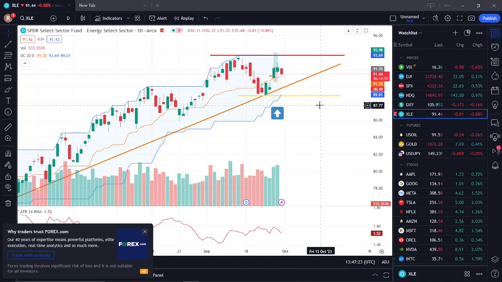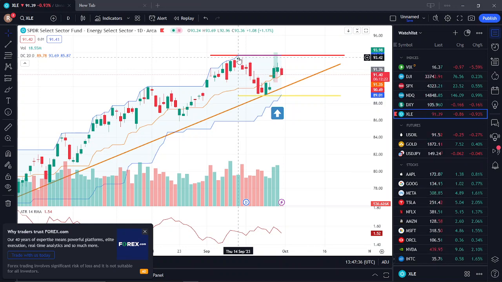You might enter again later, but you don't want to take all that pain when it breaks down on this level, the previous low. And if it breaks up on the previous high, you add another unit, you buy another unit. That's trend following. That's where you compound up, as I said. Just like investing, that's where you make the big bucks, big money.